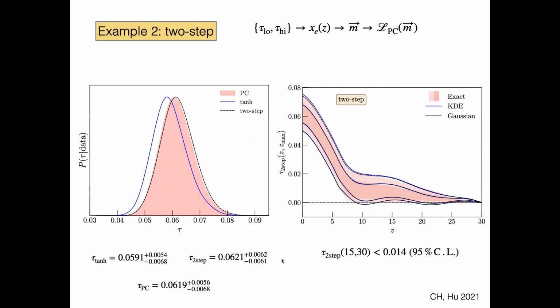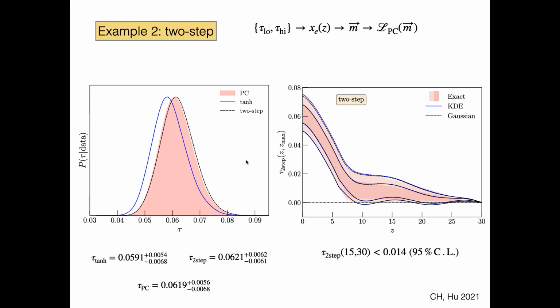Here the interesting thing is that we also look at what we call the two-parameter model, the two-step model, which is the black here, compared to the blue curve that is tanh. You see there's a little shift in the optical depth to a little higher, and that is because of allowing this high redshift ionization. So again, using tanh doesn't fully capture everything, though this is a relatively much smaller shift compared to what we saw in 2015.